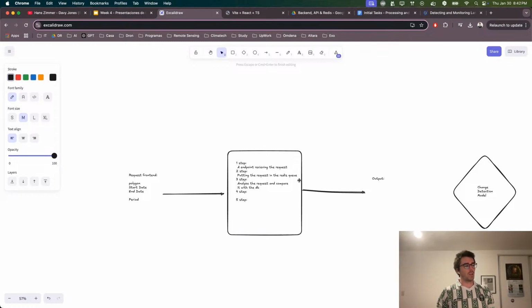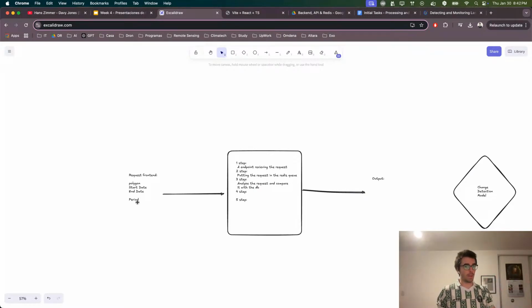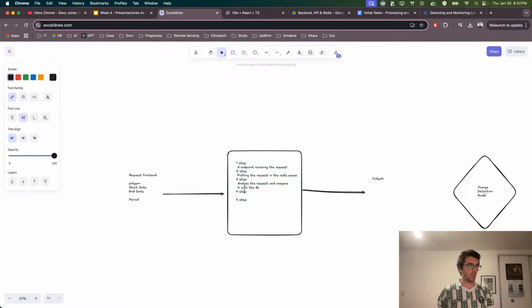Okay, when we check, hey, this particular polygon with these particular dates and these particular periods are not here, okay, I will give it to the user. So when we analyze, first step, if it's all good to go, it goes to the full